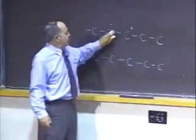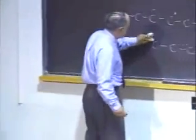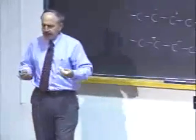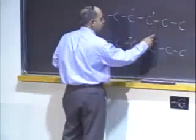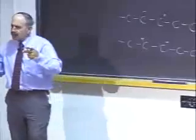And this area of unequal distribution of electrons will in turn induce the opposite kind of electron shift in a neighboring molecule down here, obviously depending on the distance between them. But the negative here will repel electrons down here. The positive here will attract electrons down here. And so you will have these two quasi-polar